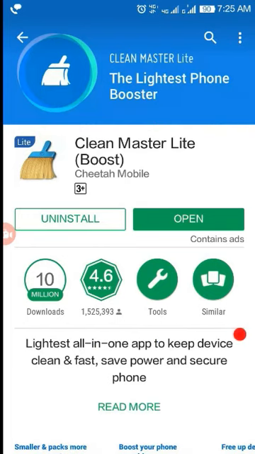In number 3, we have the Clean Master Lite app. In my previous video, I made a video on the best antivirus for your device. But guys, today I have come to free up your RAM and make your device faster, so I have got an app named Clean Master Lite, which is quite good, guys, and a bit friendly on the RAM also. So just check it out.